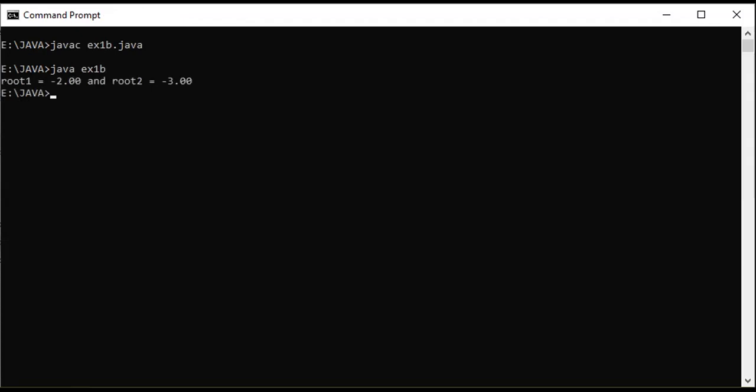I have already given the values of a, b, c statically in my program. That's why the roots are displayed like this. So you can also download this file, execute it on your computer systems and note down the output also.